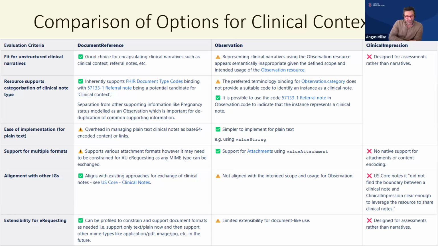So overhead in managing plain text clinical notes as base 64 encoded content or links. With document reference, if we're not actually going to point to another resource, which is the document, like a PDF or a Word document or an Excel spreadsheet, if we're just doing plain text and inlining it in the document reference, then it must be base 64 encoded. For the end users, this is of no concern. It's just a way that we technically pack the text into the resource. From an implementer's point of view, it's a slight annoyance because you can't just read the text in the clinical note without having to unbase